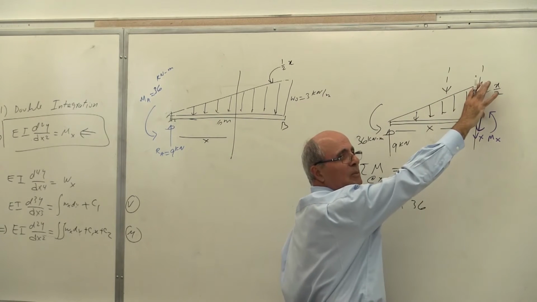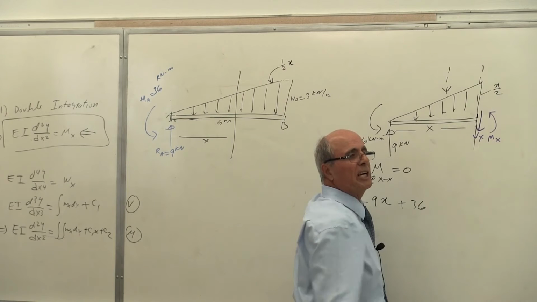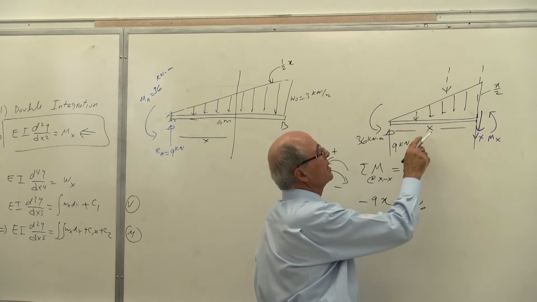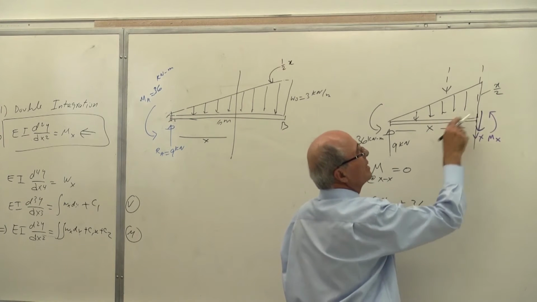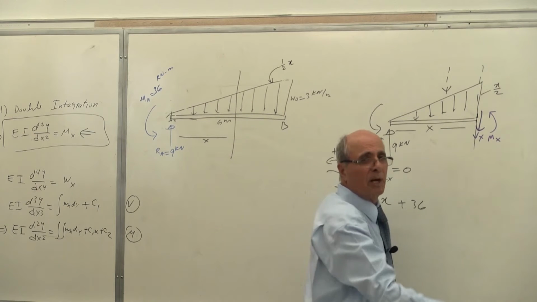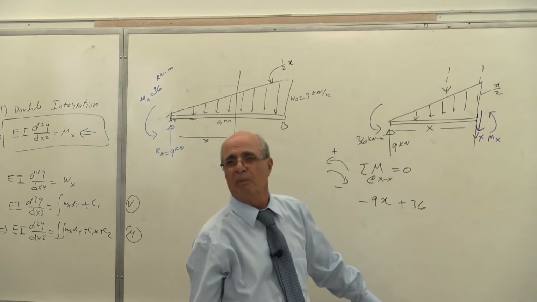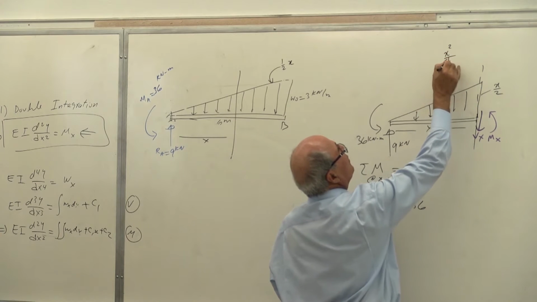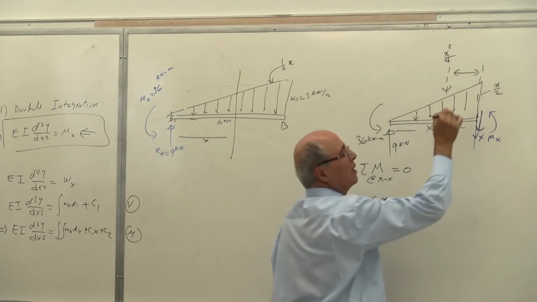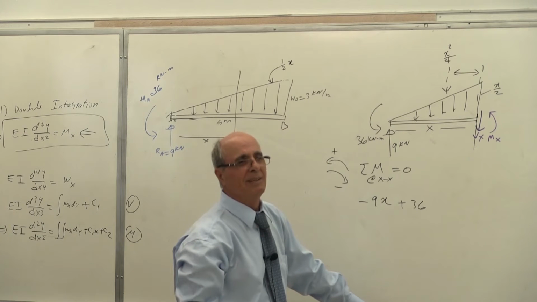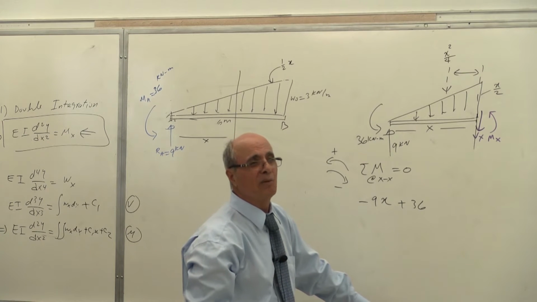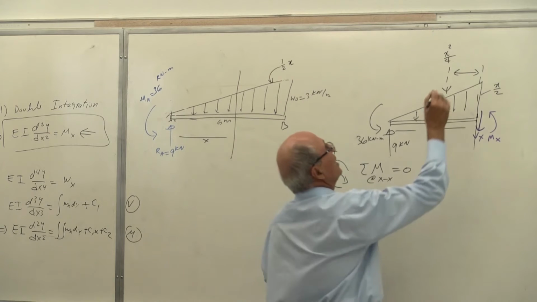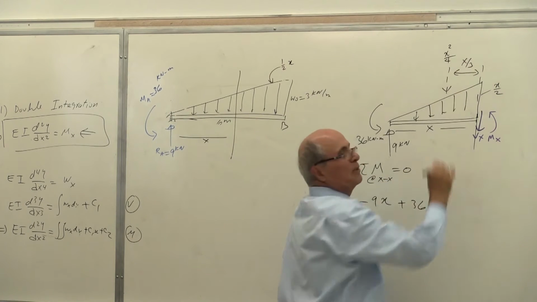This length multiplied by that length divided by 2, which is what? x squared divided by 2, divided by 2, becomes x squared divided by 4. Very good. x squared divided by 4. What is this distance? One more time. That distance is what? x over 3, or 1/3 of x. Very good. So we got that right.